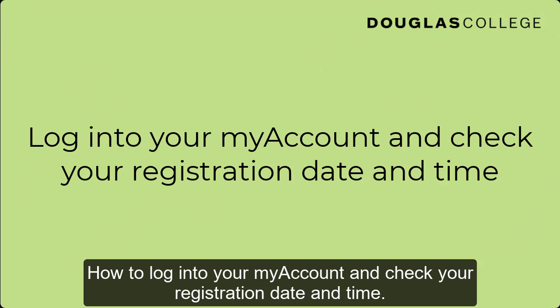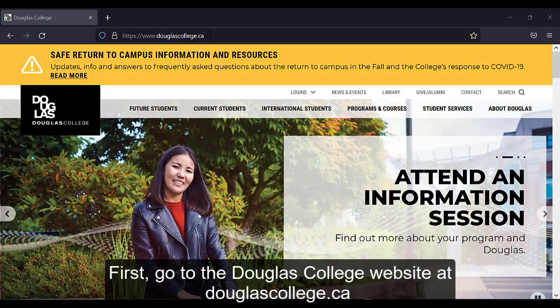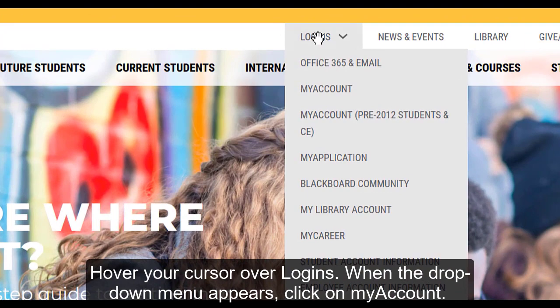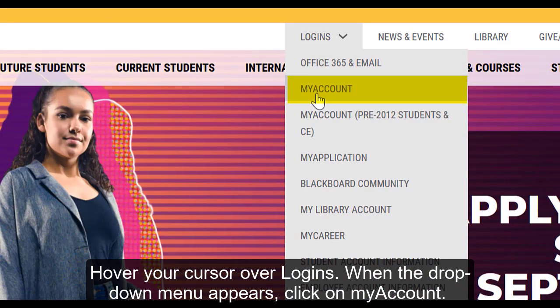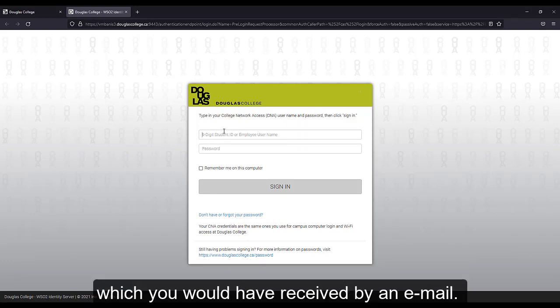How to log into your My Account and check your registration date and time. First, go to the Douglas College website at douglascollege.ca. Hover your cursor over Login. When the drop-down menu appears, click on My Account. Here, you will be taken to a landing page that will ask for your CNA credentials, which you would have